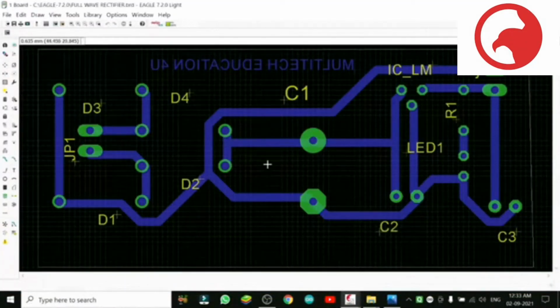So again we will come here. This was for the printout if you want to make it at home. So again we will proceed with it. We will do the same repetition, a little bit of what we did in our last video. This board file is ready, and we can send it, or we can send it duly copper filled.